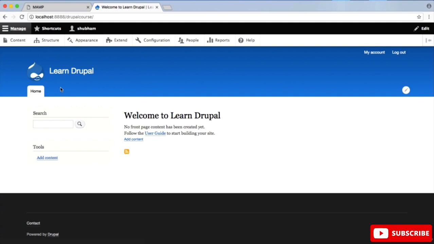Okay, now just click on this shortcuts option. This is the place where we will find all of our shortcuts, and of course we can add more and more right in this shortcut option. Okay, now just click on this username, and in this place you can edit your profile. You can log out of this Drupal site and you can view your profile as well. But we don't want to do that right now. So just click on this manage option and click on content.